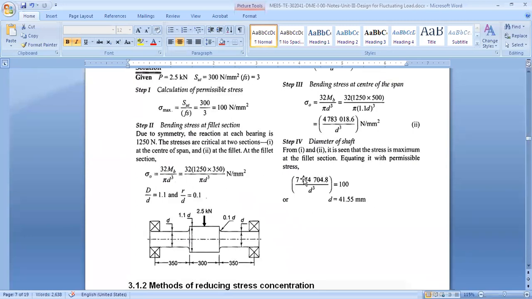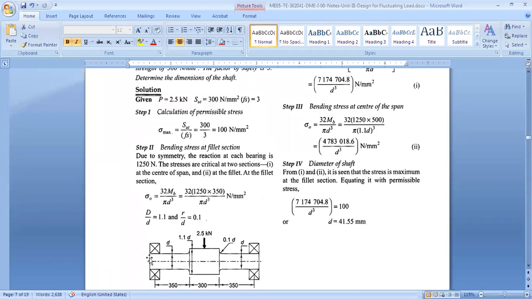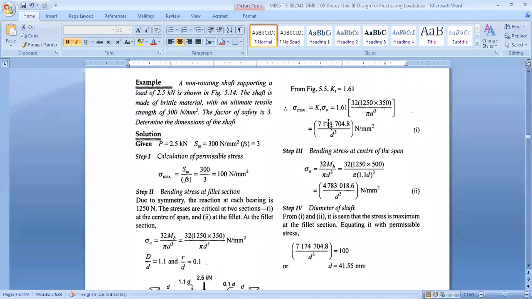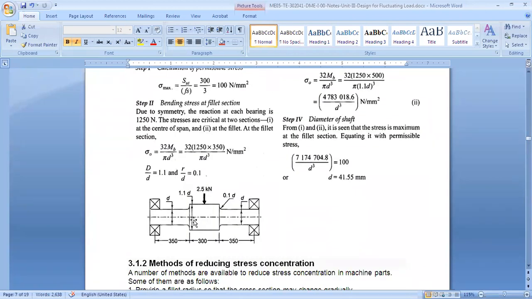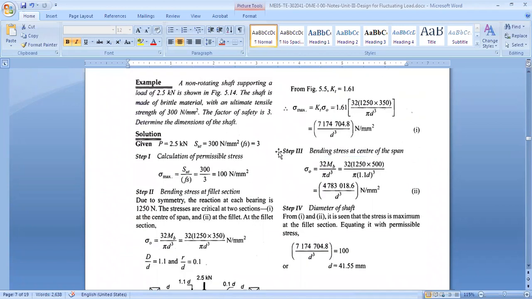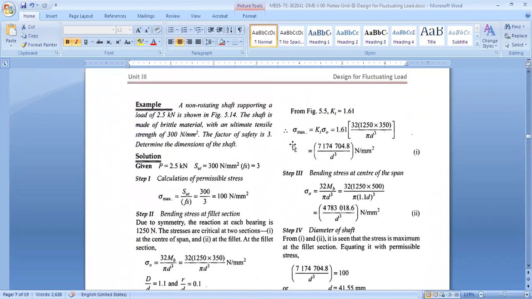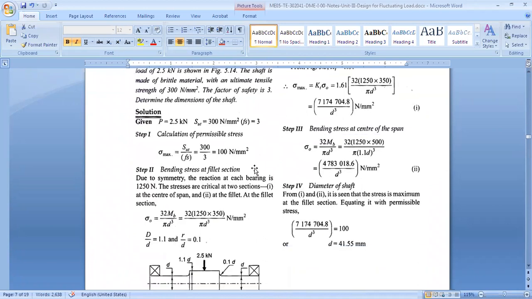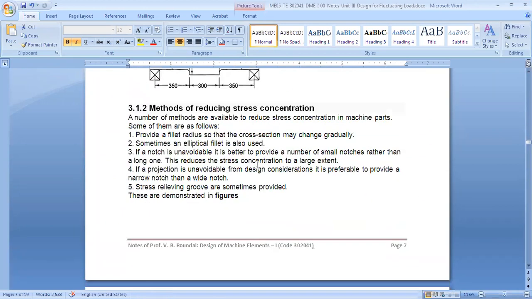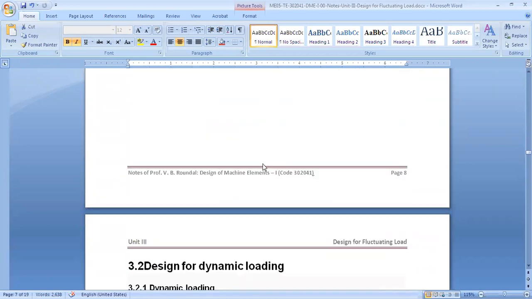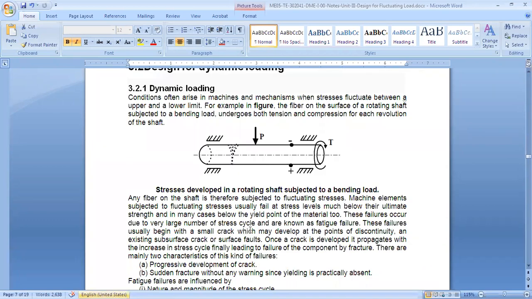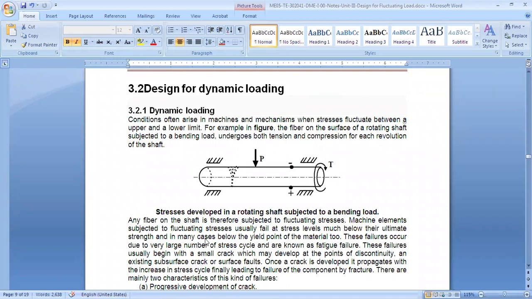So we'll take that. This is how we use the stress concentration factor. It is the factor arising because of stress concentration, due to dimension changes. For that, how will we approach it? Whatever the allowable stress is, that will be equal to the nominal stress multiplied by the stress concentration factor. Now what is Kt? It is sigma max upon sigma nominal. So this is how we will attack the stress concentration factor numerical. I hope you understood what the stress concentration factor is, and with this example you will get a feel for it.